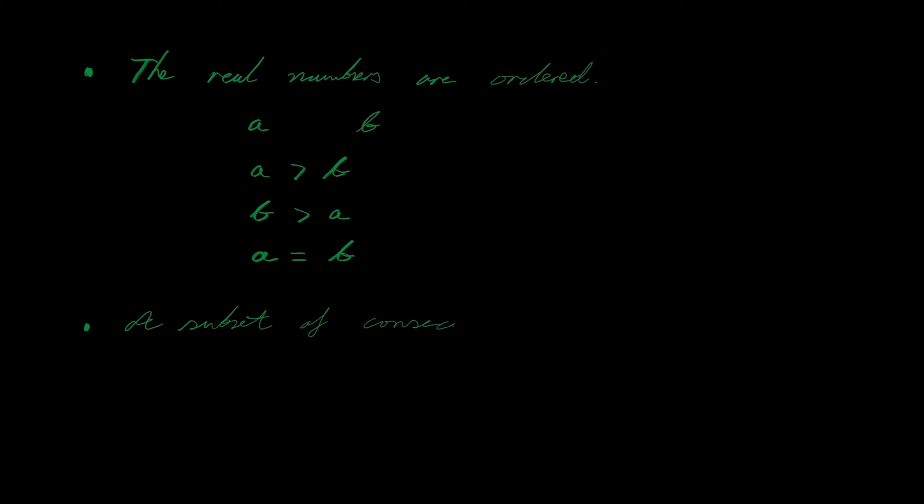We need them to be consecutive, which means all numbers in the interval come after another. So we don't have some numbers that are consecutive and then we skip a few. So we don't go from 3.9 to